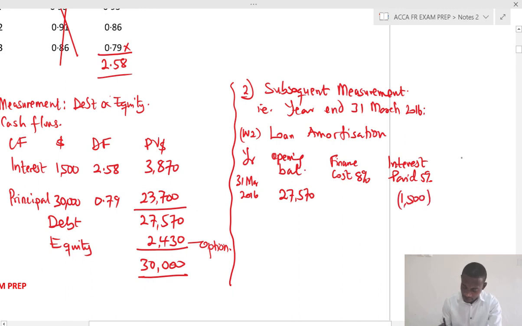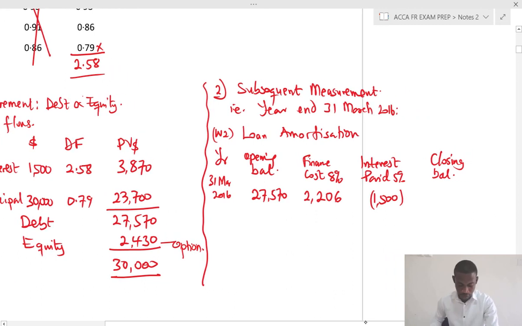Then we can have the closing balance. Now here, what we will have is 27,570 times 8%. That should give us 2205.6. So let me round it up to 2,206. So to do this, I have 27,570 plus 2,206 minus 1,500. That should give me